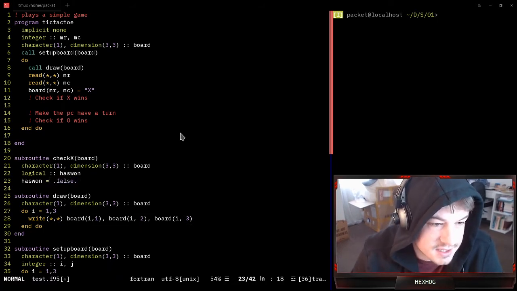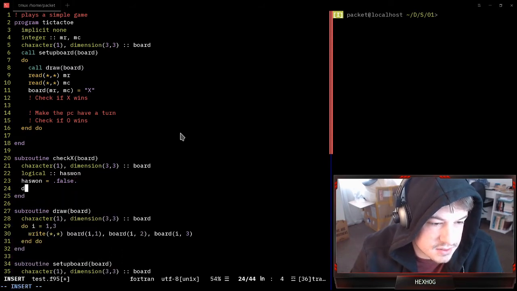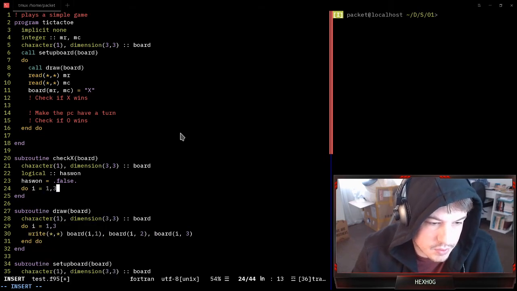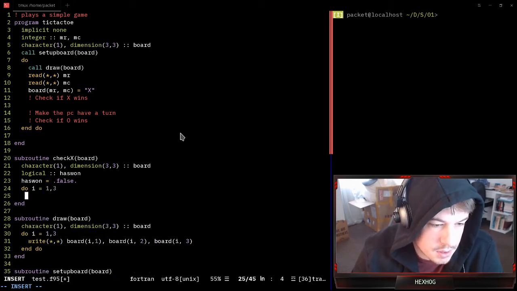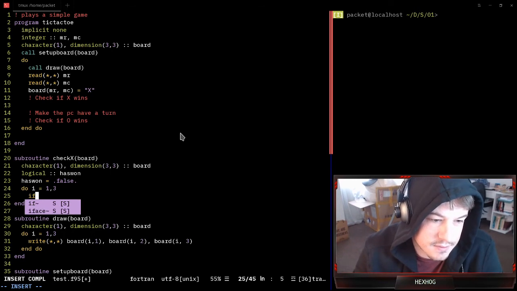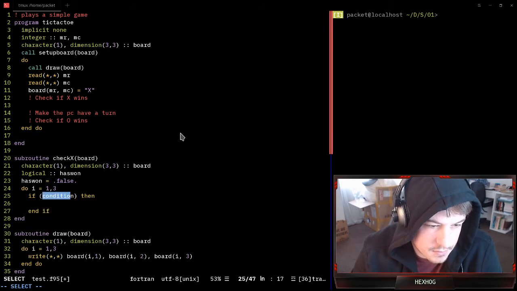That's weird syntax. Let's have an end on this immediately. So do I equals 1,3. And then let's check those first rows. So if board I,1